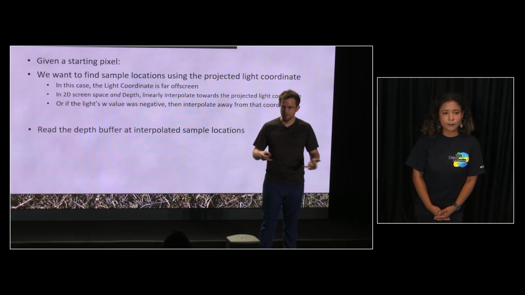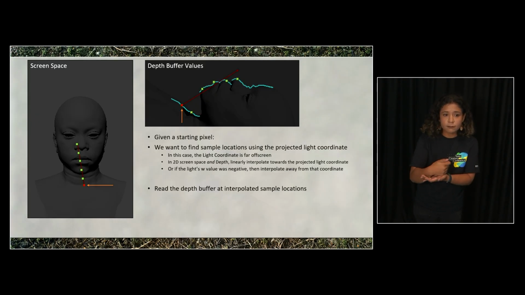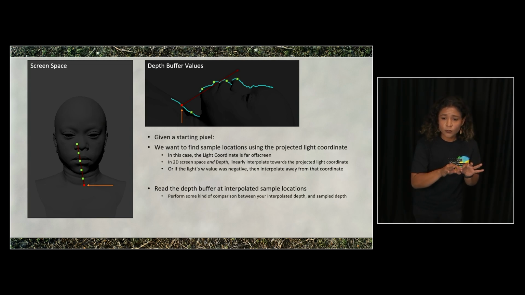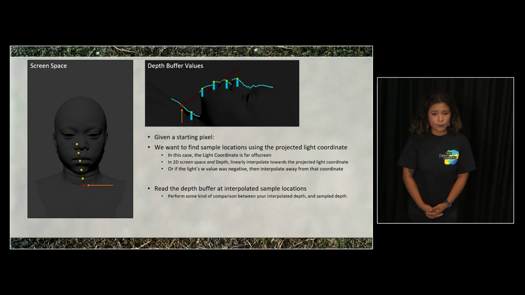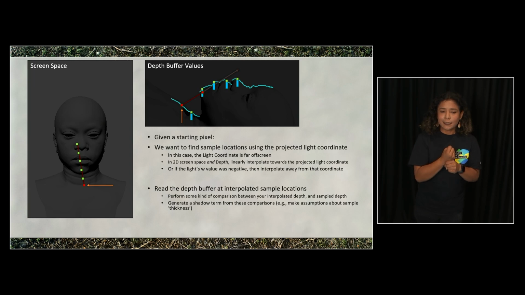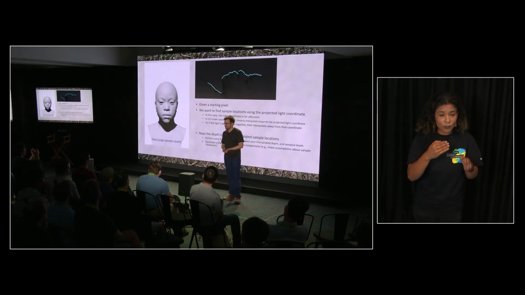We take a few samples along the ray, and we read the depth value. And then using some magical formula, we're going to compare them to our interpolated depths. And remember, that was observation number 2, that we just need to interpolate these depths. And then hopefully, using that, we get an intersection, and hopefully, we get a nice looking shadow.